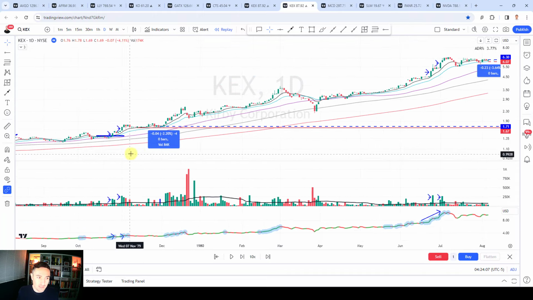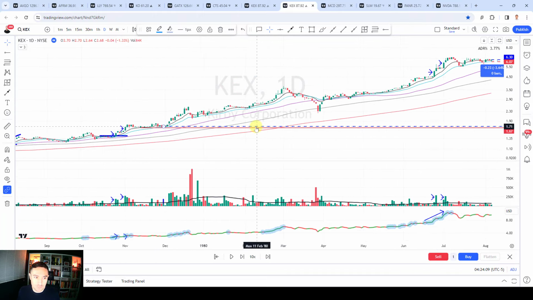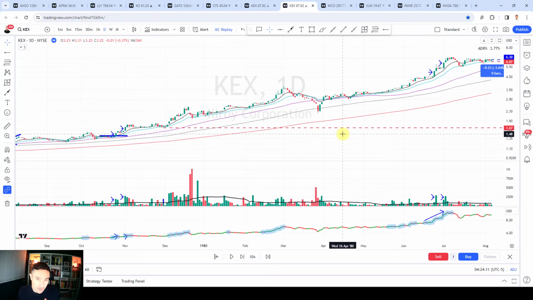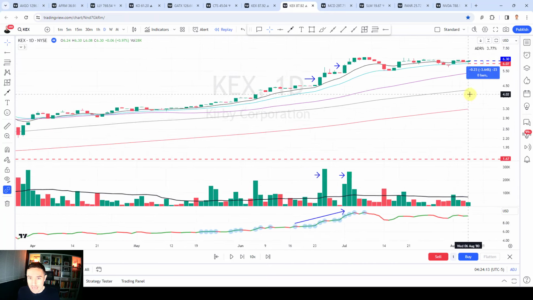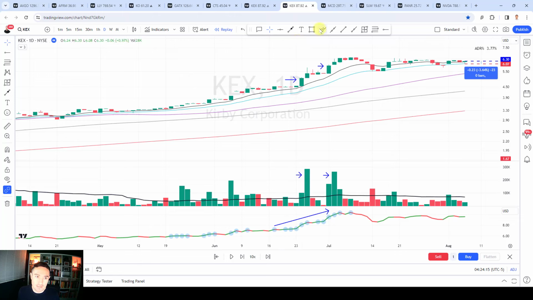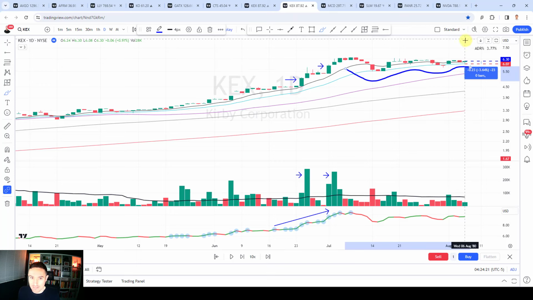You want to go, okay, so this is KEX where we were looking at here. So there's then the uptrend that came through for it. But when I'm looking at KEX here, okay, not that I was trading it in 1980, right? But it's the same point. When I'm looking here, I'm thinking this is amazing. This is 10 out of 10 in terms of how the stock is basing, the supportive action it's finding